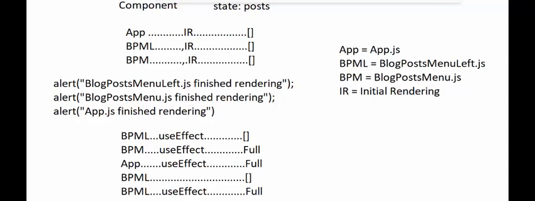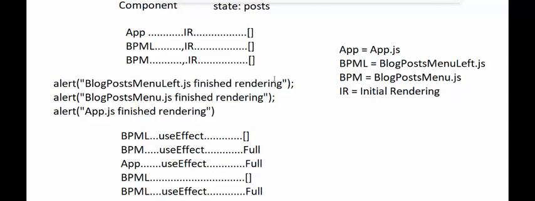But no. After the alert for blog post menu, I must see re-rendering, and re-rendering means seeing the blog post menu full of the array. No. And in the end, the alert app.js finished, I must see